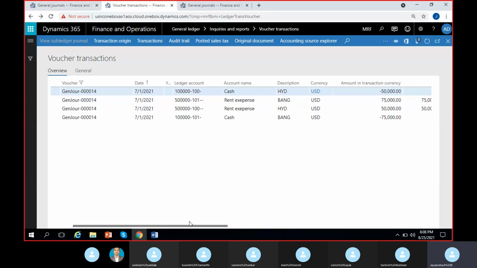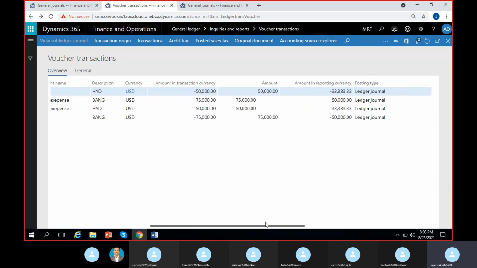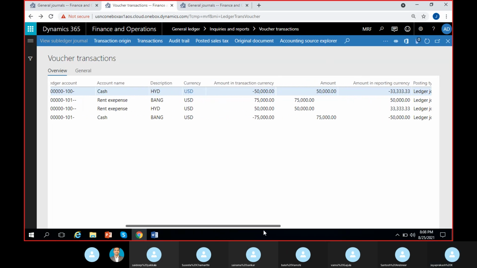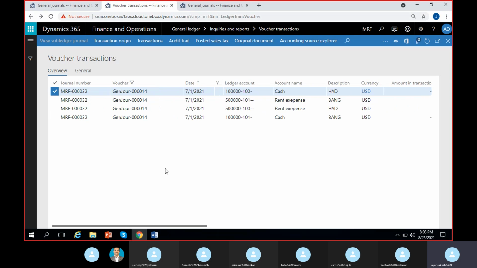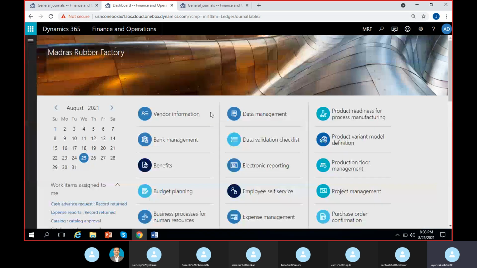So we can track a voucher quickly like this in this manner. In this way, we can see the amount as well as the amount in accounting currency and reporting currency quickly. So this is one way of tracking the voucher. There is also another way. Suppose if you know the voucher number, you can go back to the same voucher transactions inquiry here. You can open all the vouchers at a time if you want. So if I go to that inquiry,